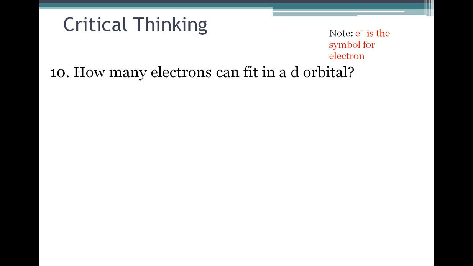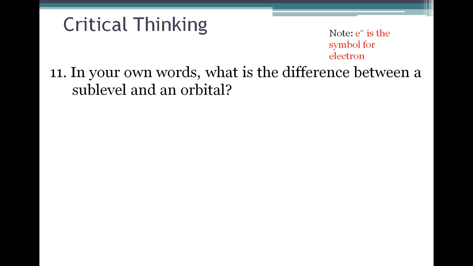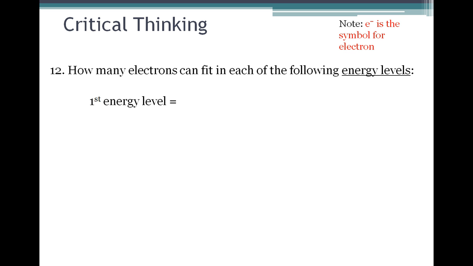How many electrons can fit in a d orbital? Well, each orbital can hold a maximum of 2 electrons no matter the level. So it doesn't matter if it's in the S, the P, the D, or the F. Each orbital holds 2 electrons. And in your own words, what is the difference between a sublevel and an orbital? Well, orbitals are contained within sublevels, and a sublevel is a group of orbitals. So you can think of it like the subdivision is the sublevel, and the streets within the subdivision are the orbitals. How many electrons can fit in each of the following energy levels? Well, in the first